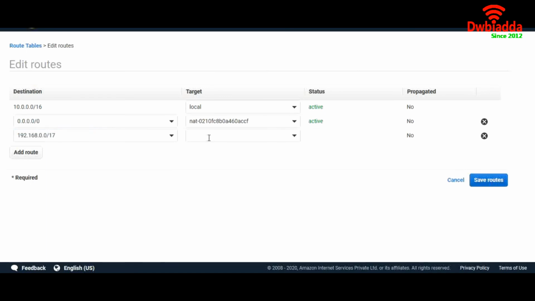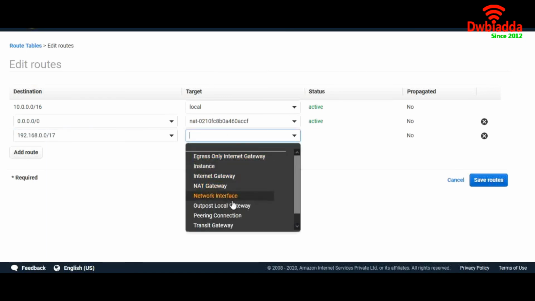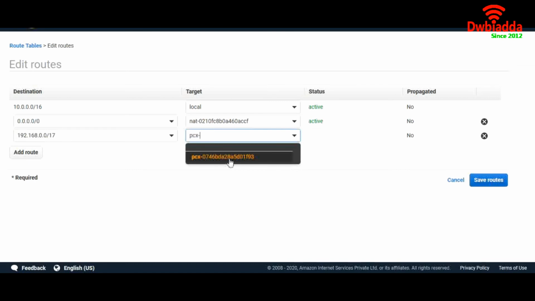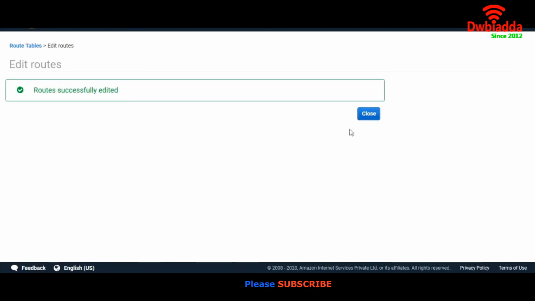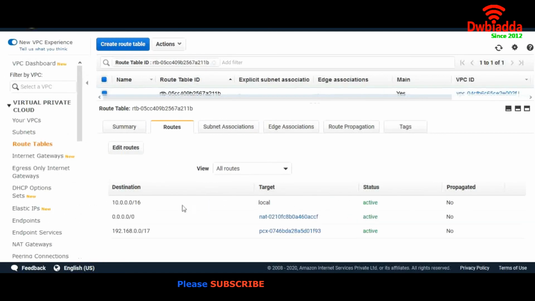For target, we're going to choose peering connection. This is the peering connection ID. So what we are telling is that for all the resources running in my North Virginia region under the acceptor VPC, if any traffic is required to go to this point, please go to the target VPC peering connection ID. I'm going to save route and close, and copy it.